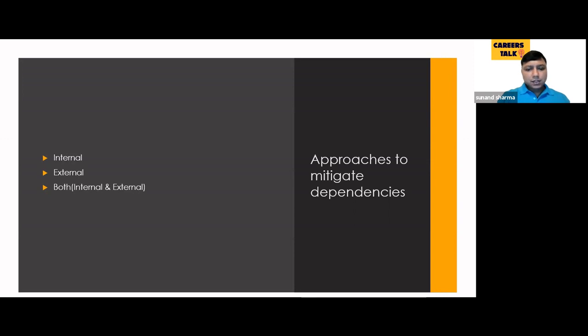Now, other thing is you can remove the dependencies from your scope. So how can we do that? You might have heard about setup of test stubs or mocks or fakes. Basically, you have to unblock yourself by faking it, or you can create some dummy infrastructure to complete the work on your side. In this way, you are delivering on your commitment, and you have decoupled yourself from the requirement that the dependency is deployed. So this works very well in a large organization.